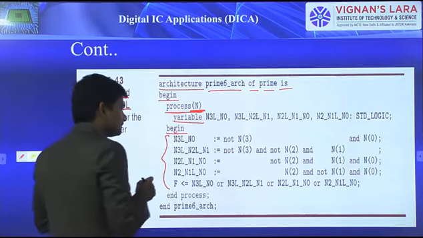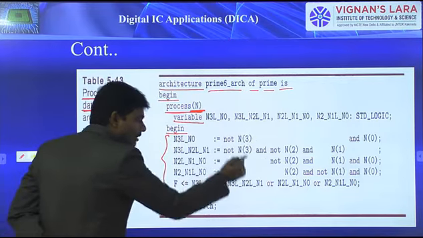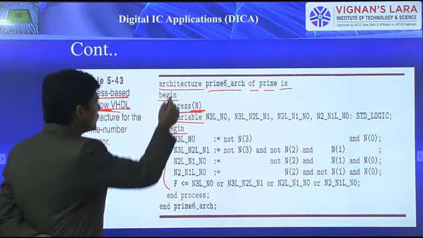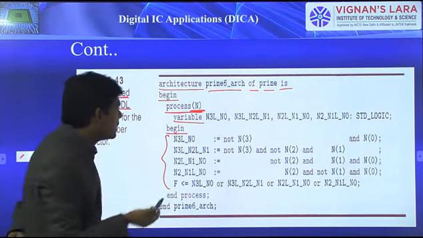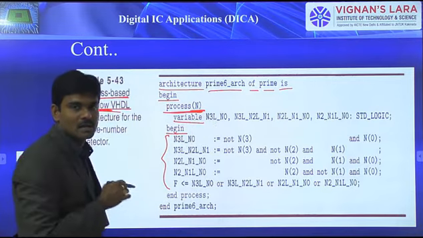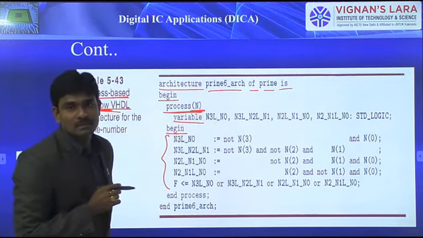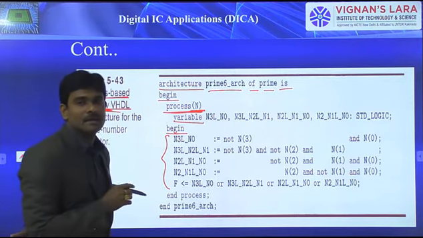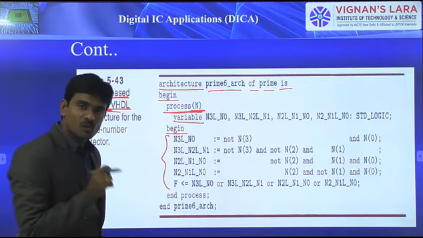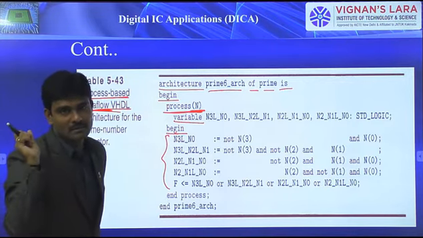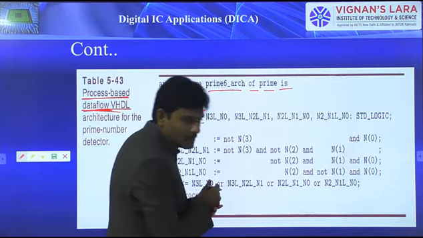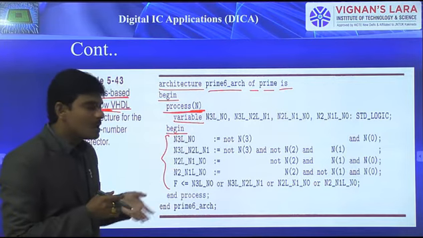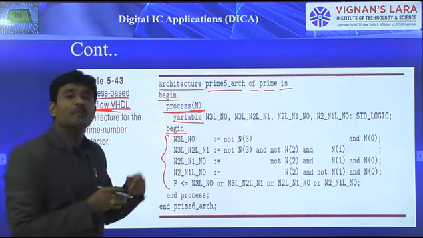Okay, coming to this, so data flow, whatever we mentioned, all those we considered, but these signals are not yet defined. Between the architecture and begin we didn't define them, but we are using them in the process. So those must be defined as variables, because within a process you should not define signal declarations. We can define only variable declarations. So after writing the program, if you verify the process body and any signals are not yet declared, all those must be declared as variables.